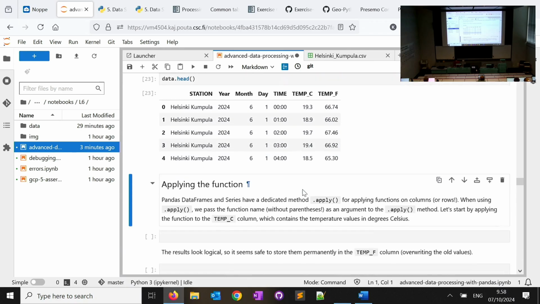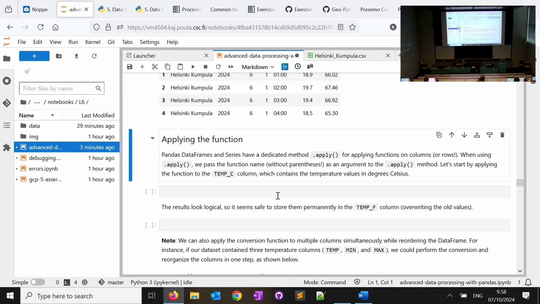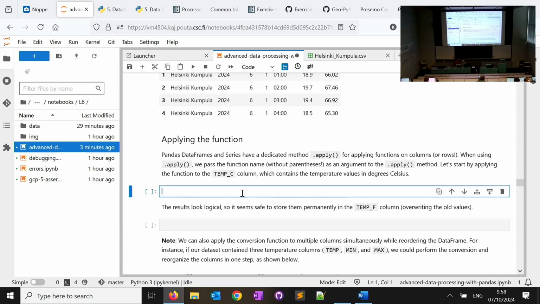Using the apply method, you can apply a function to your data. This is how you do this. I'm going to name the column in which I want to store my new values, which was temp_F. I'm redoing the same thing, just using a different approach. Now this will be the input for your function.